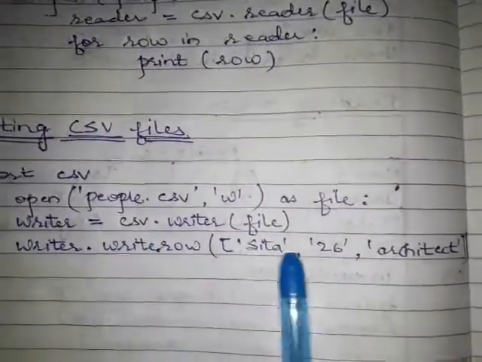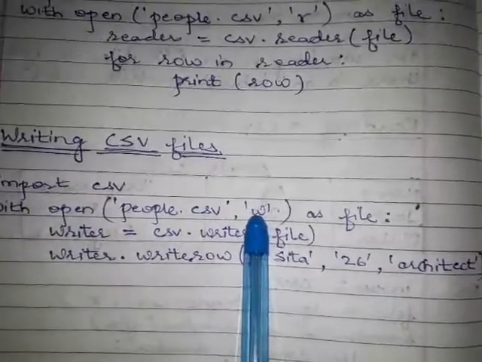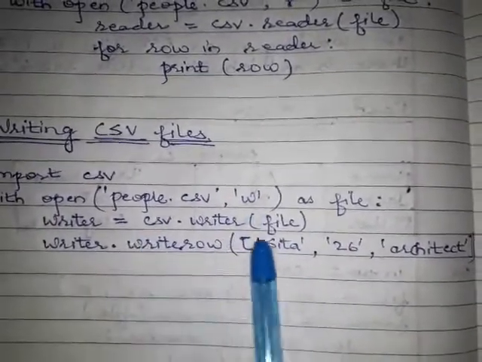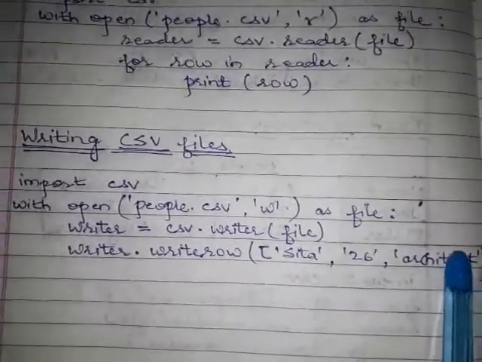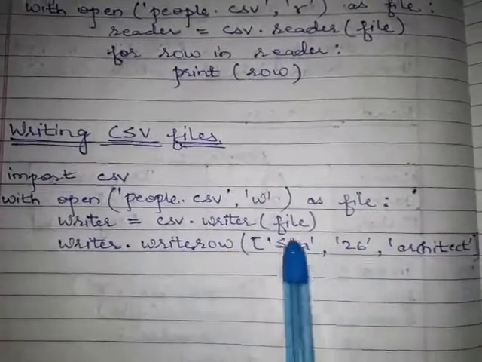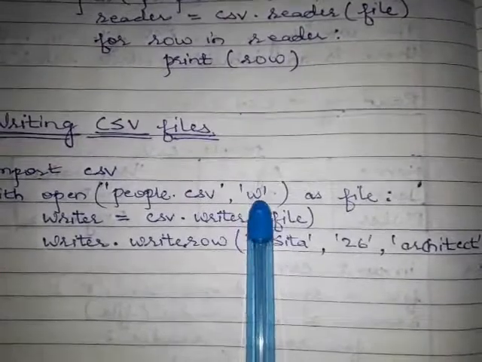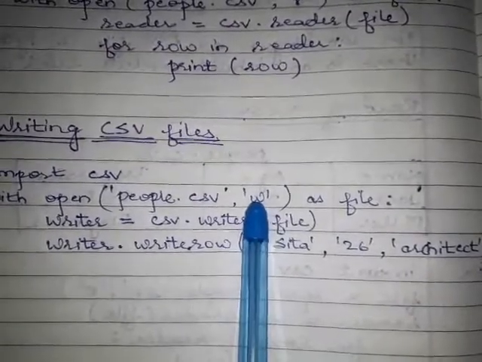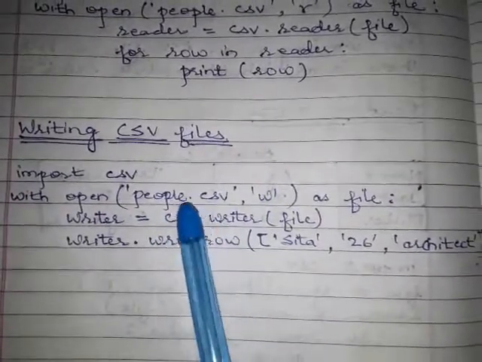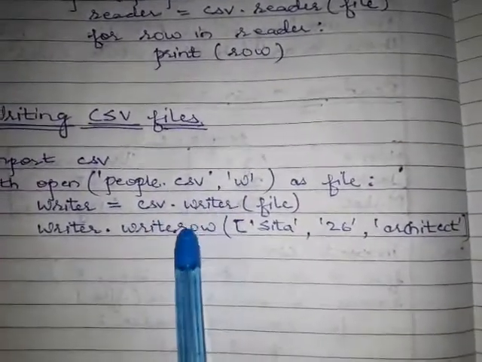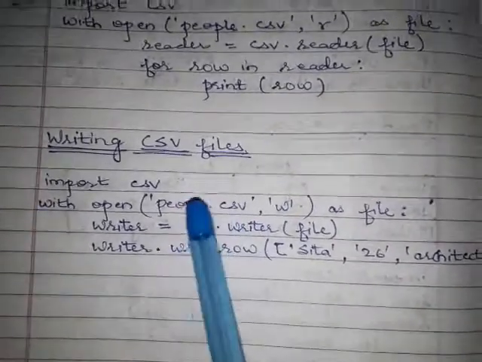So this writerow method will write the content to the file, but we have opened the file in write mode. It means all the previous records will be erased and our new record will be added. If you want to add this record at the end, you can open the file in append mode also. Here you can change from w to a. So you can write this file in append mode, and your previous data will not be lost. So write these two programs.